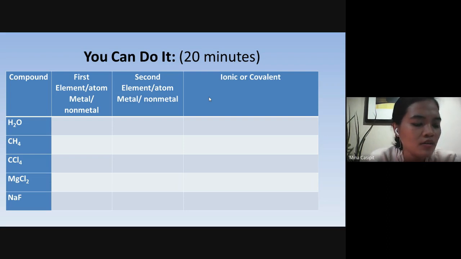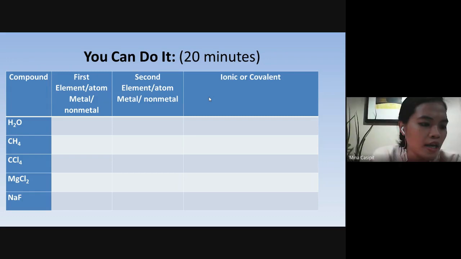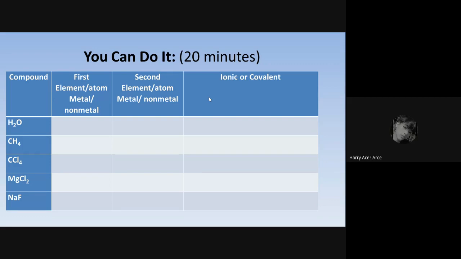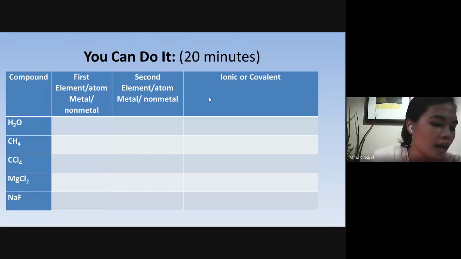Wala nang sasagot? Yes, go ahead, anak. Hurry. Ma'am, non-metal po tapos metal. Na is, check nyo sa periodic table of elements. Non-metal po yung Na, tas yung F po is metal. Are you sure? Na is a non-metal element. Sodium. Saan siya makikita? On the left portion. Sige, help Harry. Angel Faith.